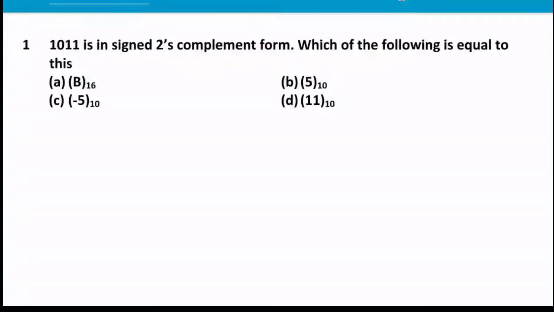In this video I am going to discuss 20 questions from electrical engineering from any subject, that is random questions. So first question, 1011 is in signed 2's complement form. Which of the following is equal to this? So first thing, the